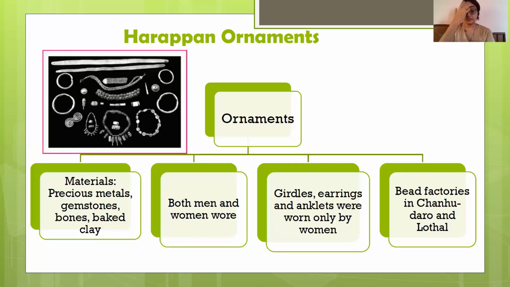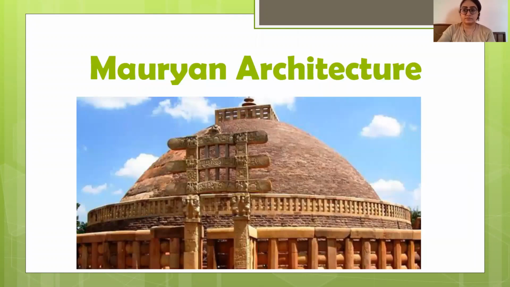Fine. I hope everything is clear with Harappan architecture. First, we have seen Harappan architecture, what were the salient features, buildings, etc. Then we have seen its sculptures: the bearded priest or the bronze girl, lost wax technique, pinch method. Then what have we seen? Do you remember? Harappan pottery. And lastly, we have come across Harappan ornaments. Now we will move on to the Mauryan architecture.